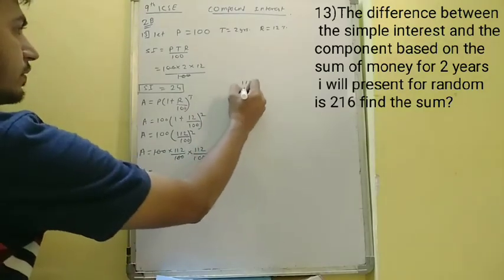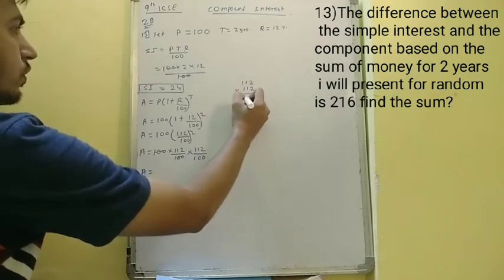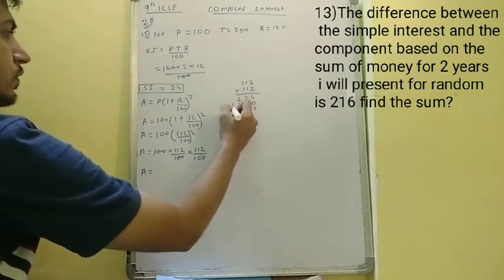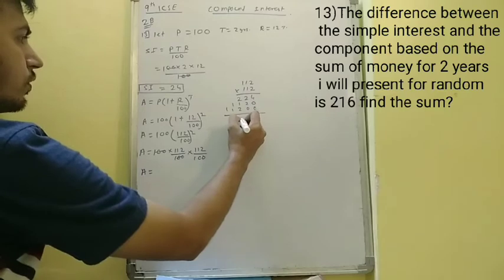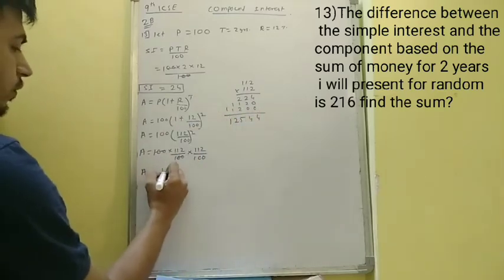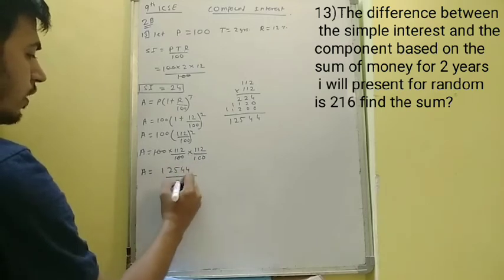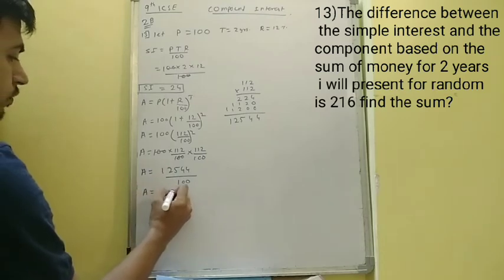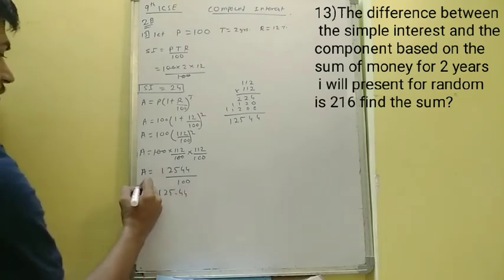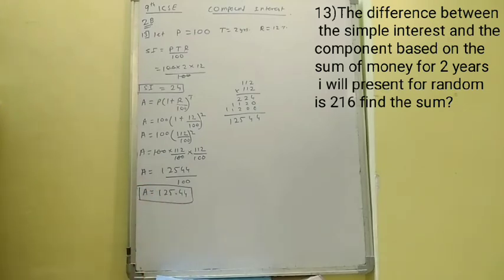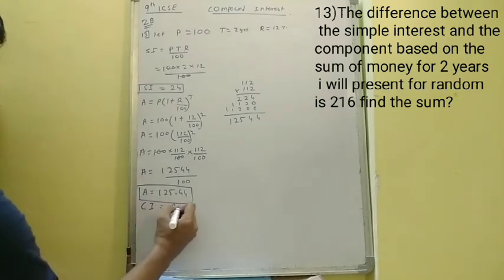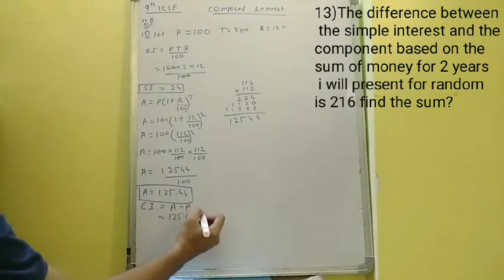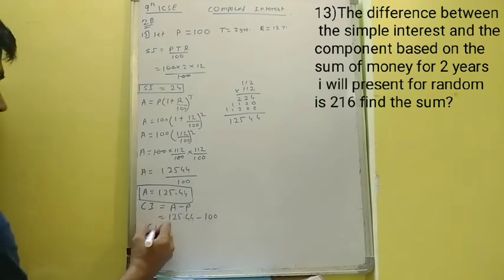We'll just multiply it. So 4 2 2, then 2 1 1 2 1 1, so it is 4 4 5 2, so it is 12544 upon 100. So we'll take the decimal point, 125.44. So this is the amount. Okay, so what is the compound interest? Compound interest is equal to amount minus principal. 125.44 minus what is the principal? 100. So the compound interest is